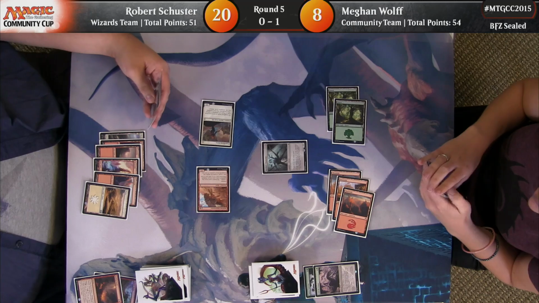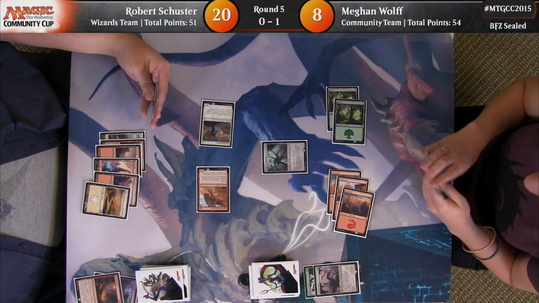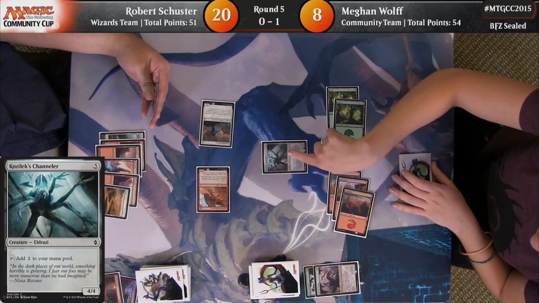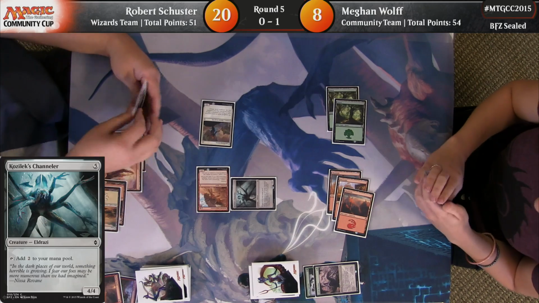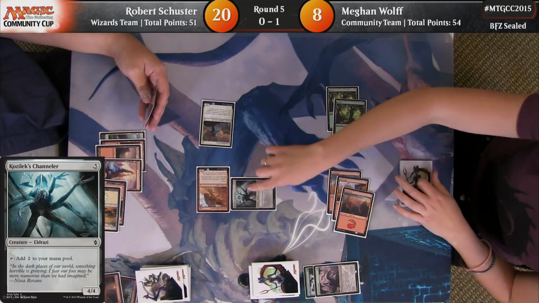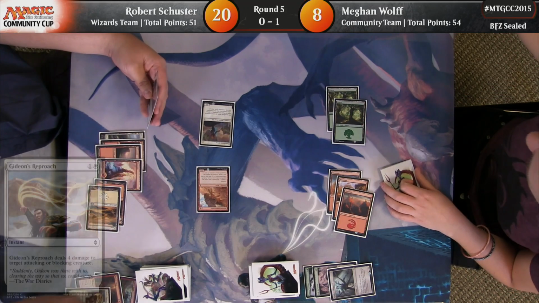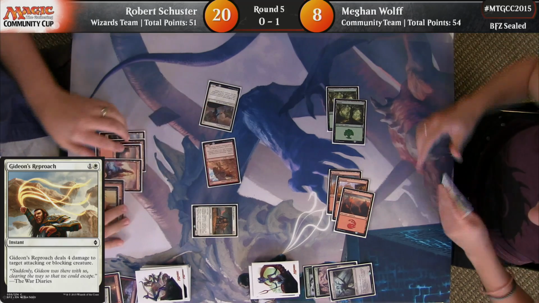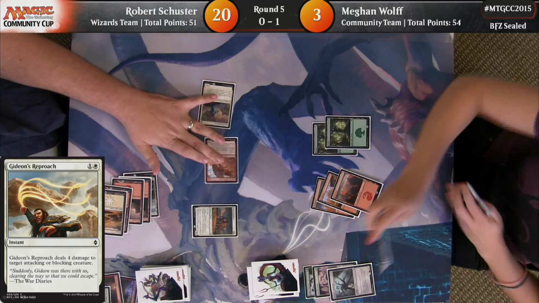Attacks with his 2 creatures. Robert, no fear, just sending it in. Telegraphing something in hand. Well, we've already seen Gideon's Reproach from him. Oh, sure. Meghan at 8 life can't afford to not block. Gideon's Reproach. And the McKindy Sliderunner there has trample, so he's going to get in for his 2 damage no matter what there. He gets to remove that creature, get in for 2, and then